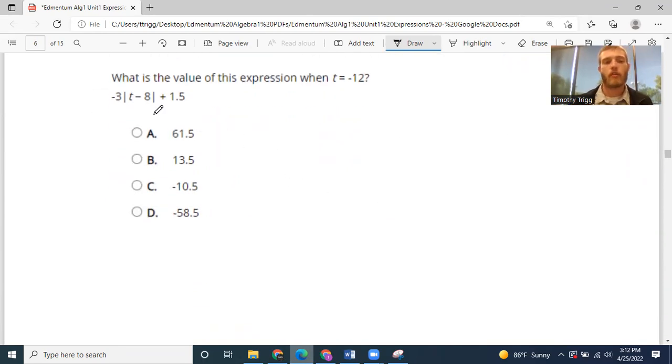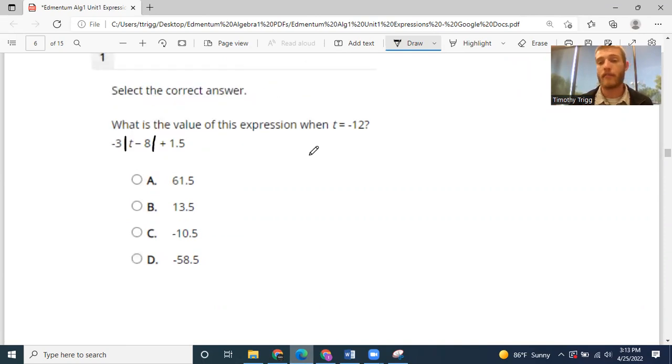So for this one, here we're dealing with the absolute value. I'm going to go ahead and do this one completely with you. So if you have this question, then that's good for you. So it's -3, and I'm going to replace the t with -12. So we have a -12 minus 8 inside the absolute value. Let's go ahead and do this inside the absolute value. Think of it like inside parentheses. You want to do that first. So we have -3 times the absolute value. This makes a -20